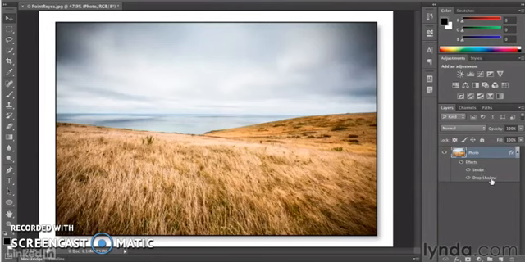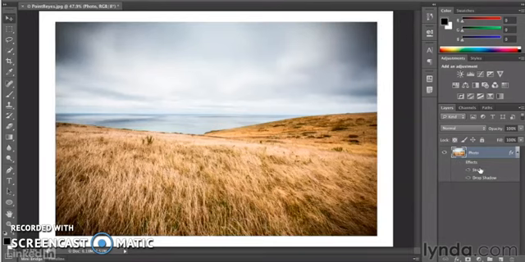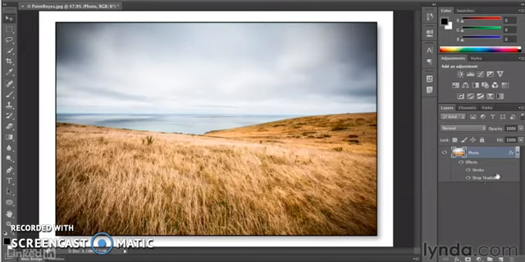a drop shadow. If I want to hide either one of these effects, we can click on the eye icon next to stroke or next to drop shadow. If I want to hide all of my effects at once, I can click on the eye icon next to the word effects. If I don't want to see this long list of effects, I can click to the right of the FX icon on the Layers panel on the triangle in order to hide or reveal all of my